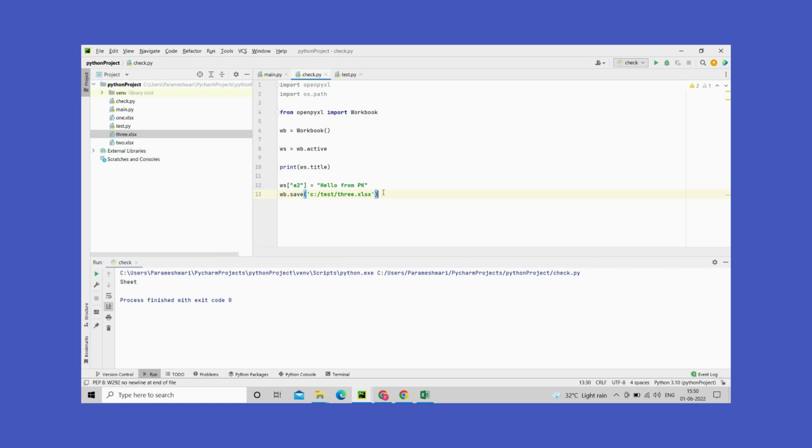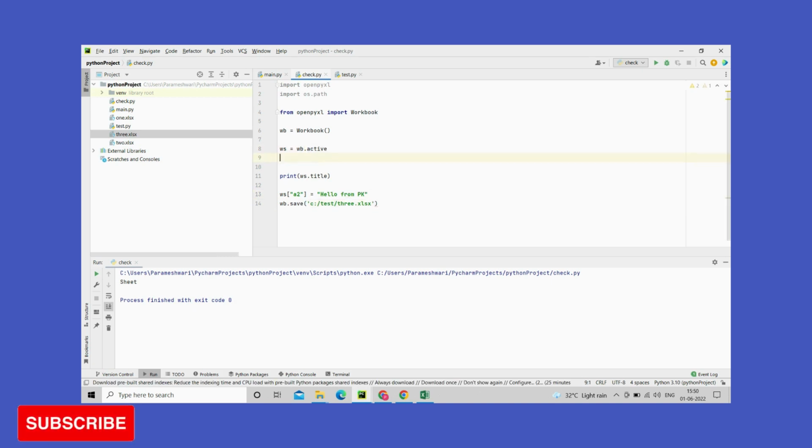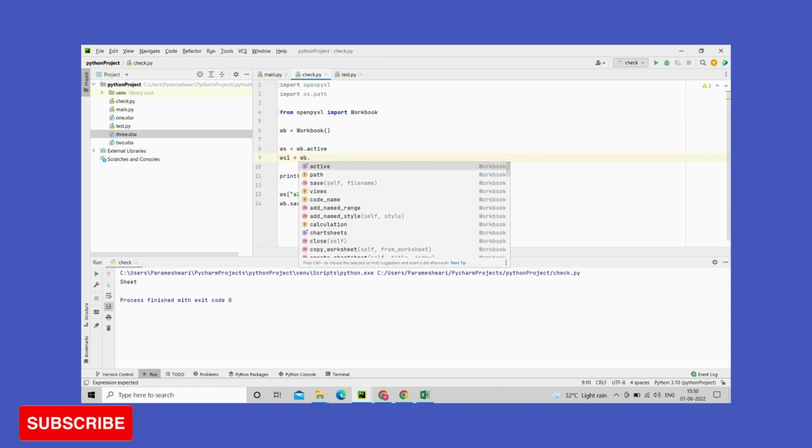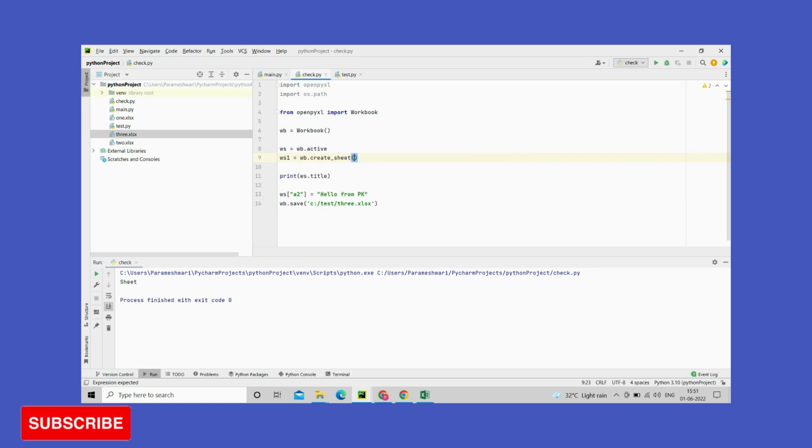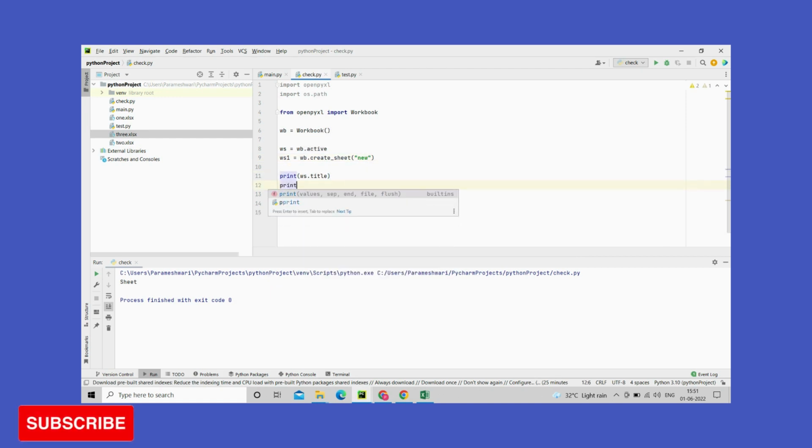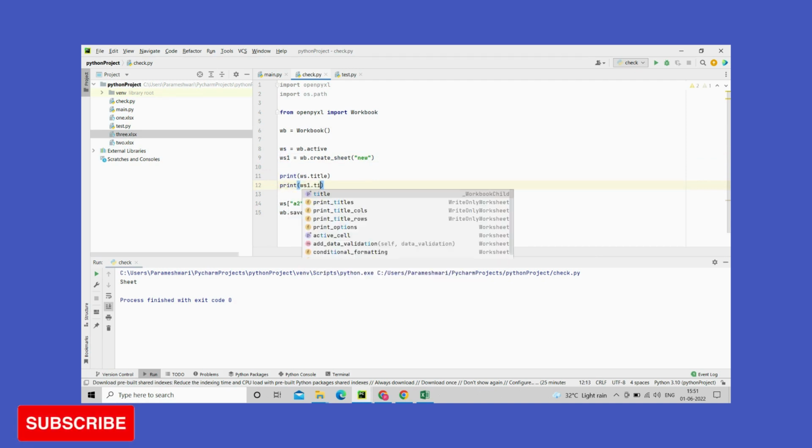Now, there is only one worksheet. I wanted to create more worksheets. So how can I create them? For that, I'm going to use one more variable, ws1 equal to wb.create_sheet, followed by the title. I'm giving the title as new. Now, in case you give print ws1.title,